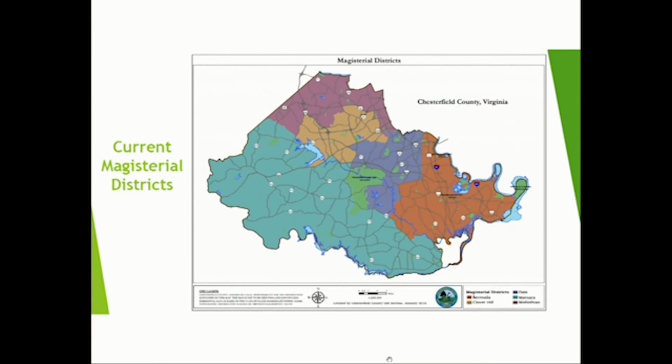Well, this is actually where I guess you could call it our starting point. This is your current districts. So this is where all redistricting maps, suggestions, possibilities, ideas will all emanate from, where we currently are, and that's our current status. And you all know your own districts well.